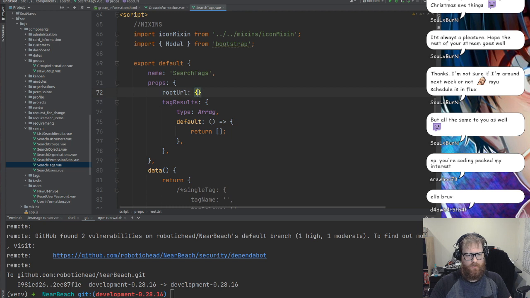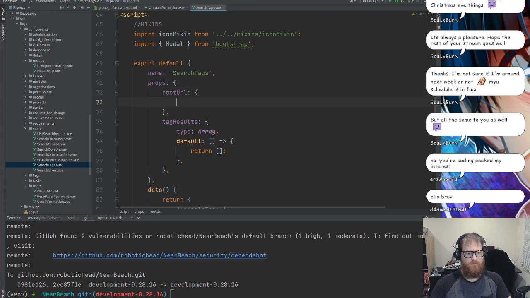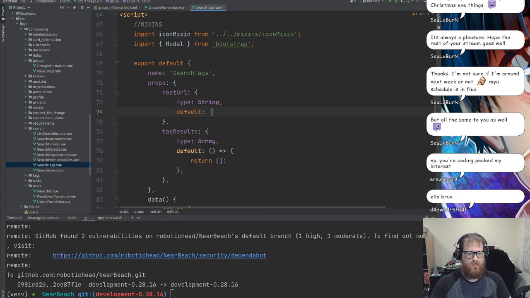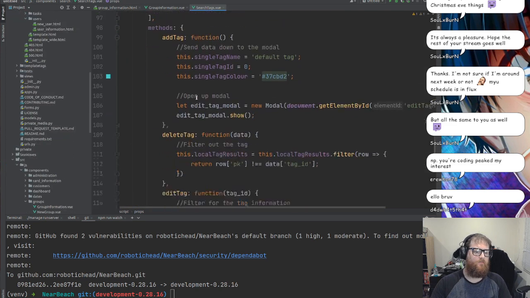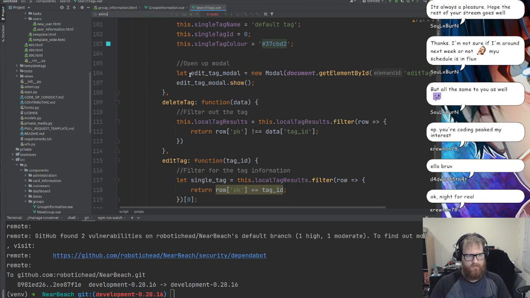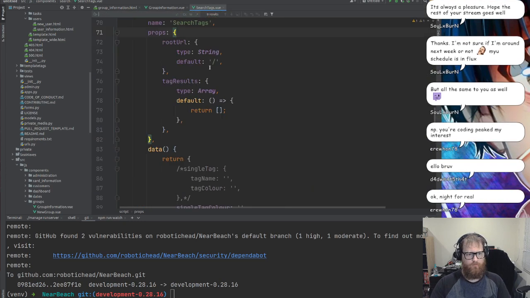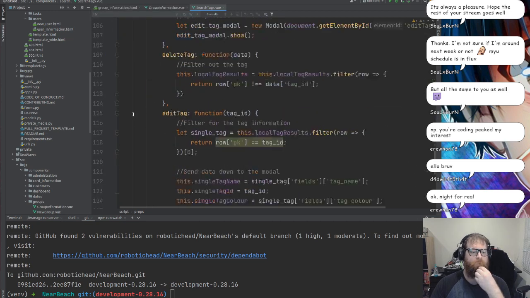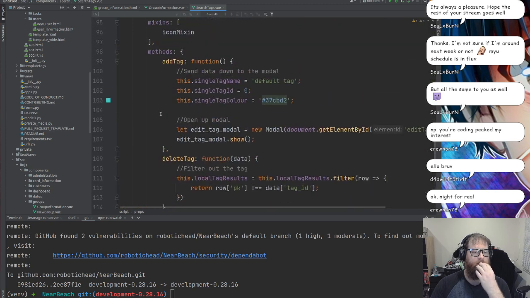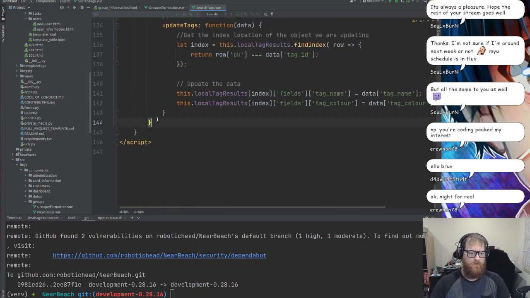So root URL, this will be a simple type is string. Default is going to be our /. Nothing exciting, so we just need to make sure when we're using Axios. Ooh, that would be part of the modal. Okay. So methods, we need to mount it then. We need to actually send this up to our Vuex mounted. Okay, so we've got our